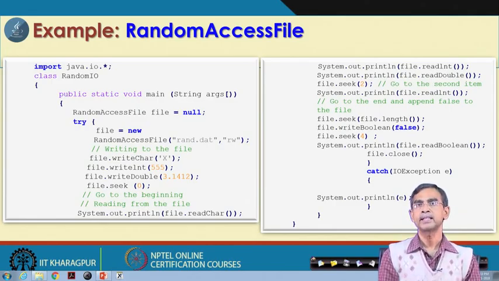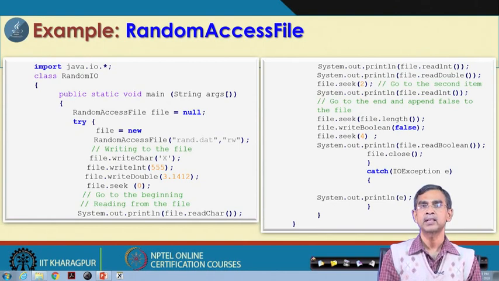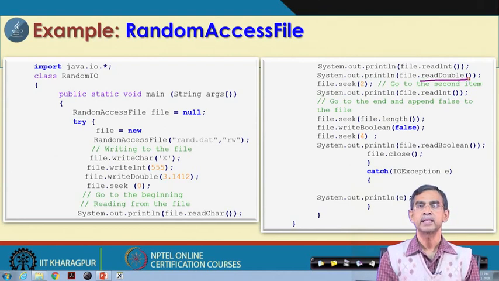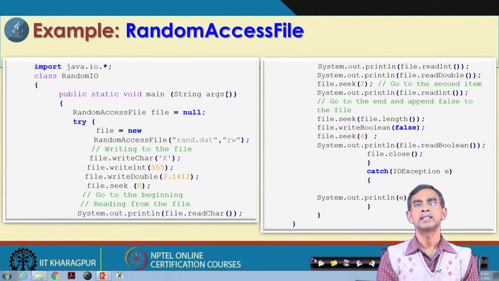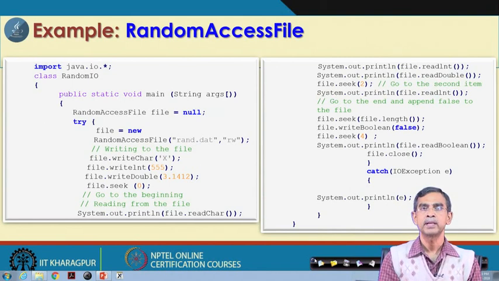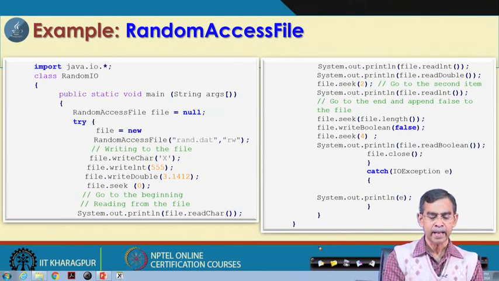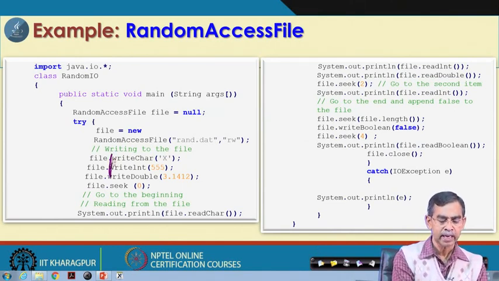Now, as far as reading is concerned, there are a few formalities that you have to mention. Suppose at a particular location you have stored an integer and you want to read it as a double, then it will result in an error. This should not be done. If it is an integer, you should read that value with the proper read method. No other method is allowed. If you do it, it will lead to an error, and that obviously should be handled with the exception handling mechanism.